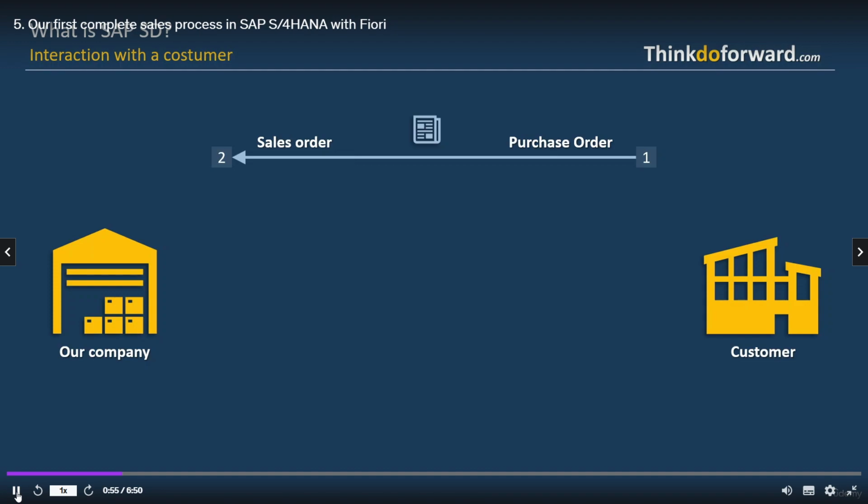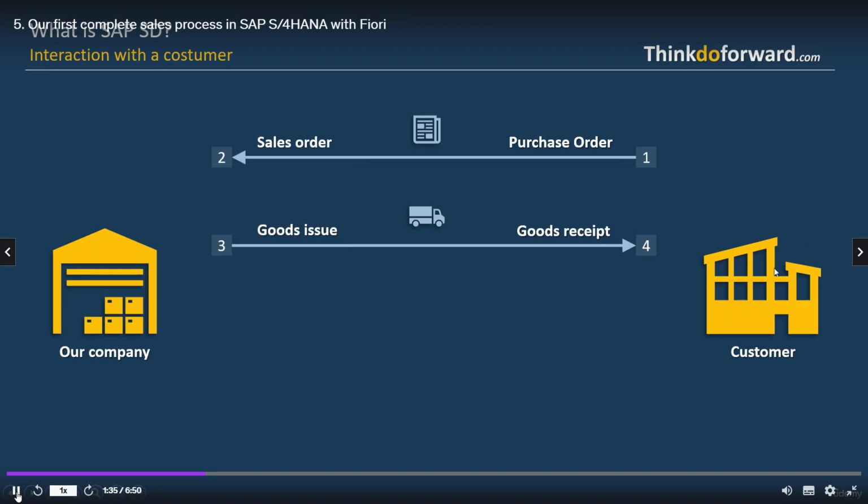After we have received the sales order, we start with the logistics part and pick the goods, pack them on pallets, and put everything on a truck to send them to the customer. So this is the next interaction. After everything has been done within the warehouse, goods will be issued. From our perspective, it's a goods issue. We are sending the goods. From the customer's perspective, it's a goods receipt. So the customer is receiving the goods. This is the second interaction area between our company, the selling company on the left-hand side, and the customer located on